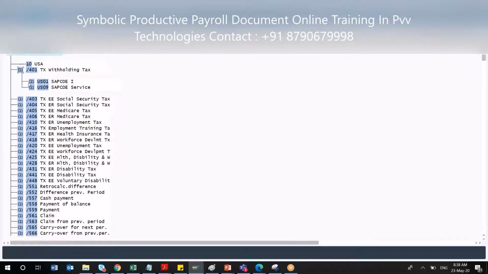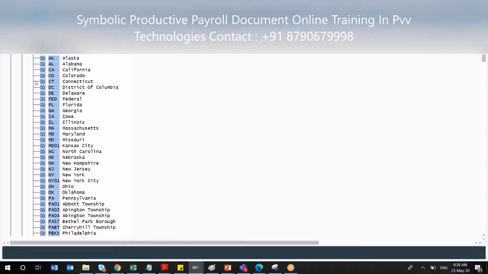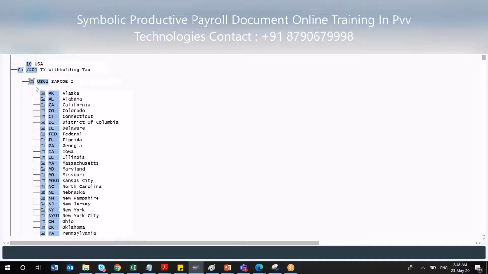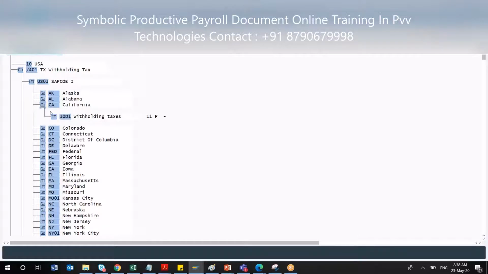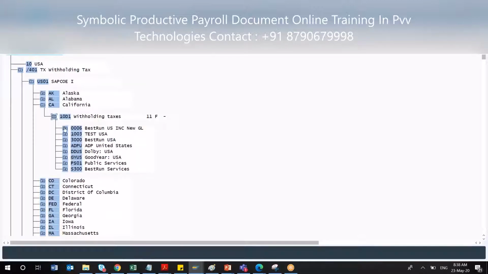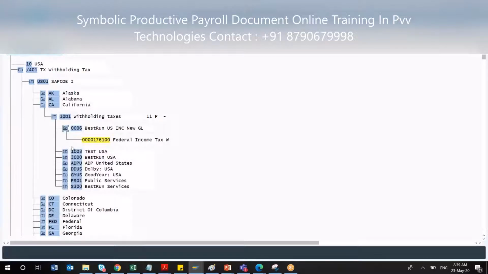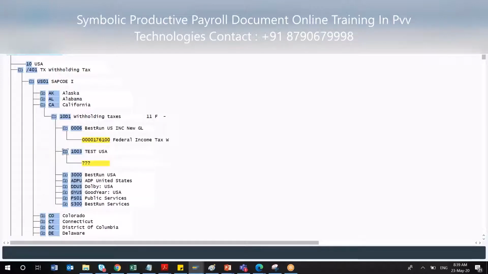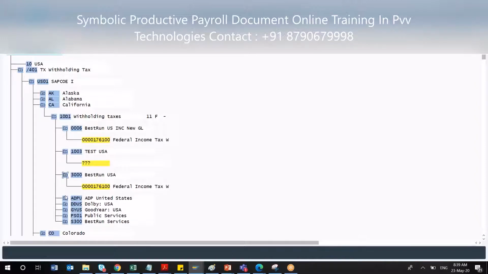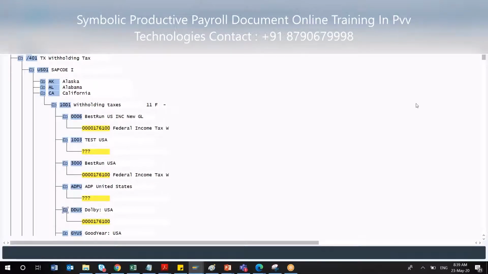Okay, so here, suppose I am going for US payroll. In this US payroll, for a particular wage type, I would like to see the different assignments here. Suppose I'm choosing California. If I go inside this, I can see there are different bifurcations here. So there are different withholding tax related wage types and all. Under this, we have how it is connected to which accounts and all. That wage type assignment in great detail, I can view in this single tree structure itself.